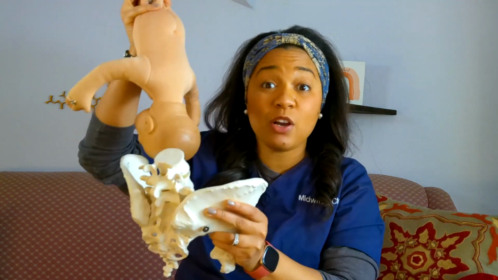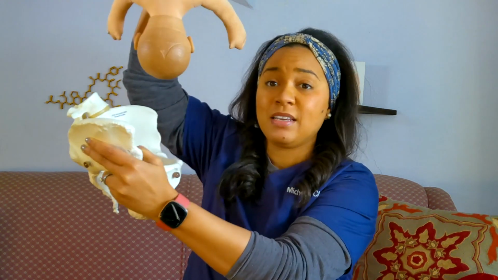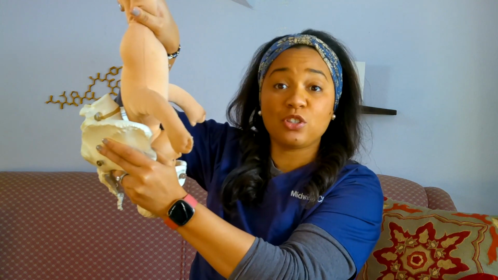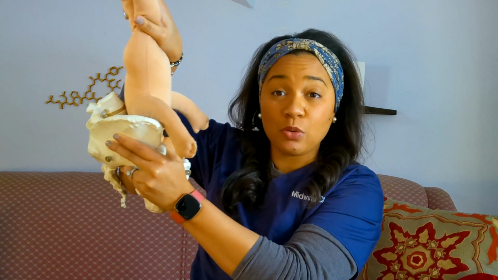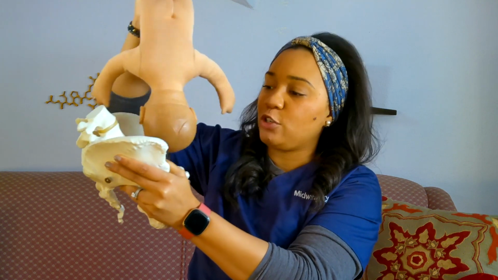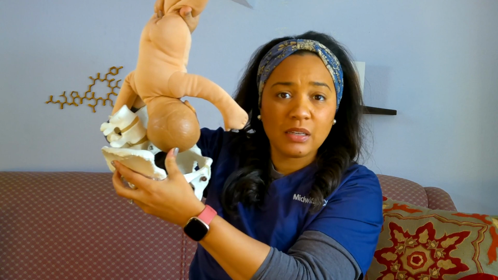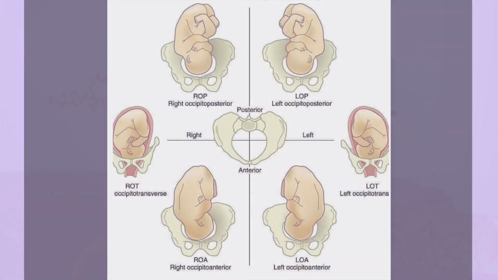However, babies can be going into the pelvis any way, right? Sideways, which is called a transverse position, this way, which is called an OP, occiput posterior position. They could be transverse, but something called asynclitic, where they're kind of a little tilted a little bit. So again, there's no way for us to truly know what position the baby's in other than head down, but based on experience and a variety of things, we can kind of see if baby is a little bit malpositioned in there. And I say that because